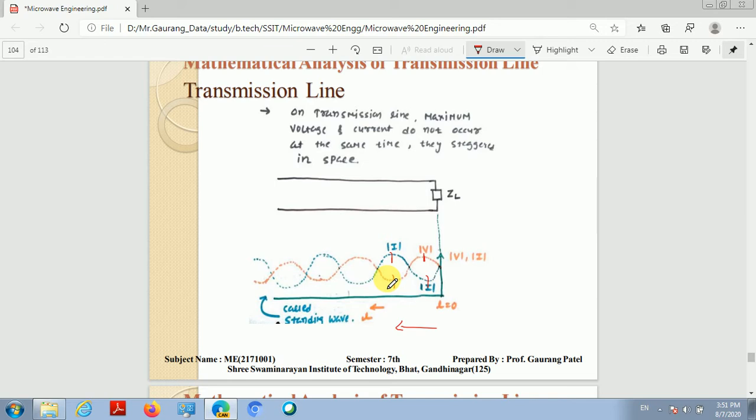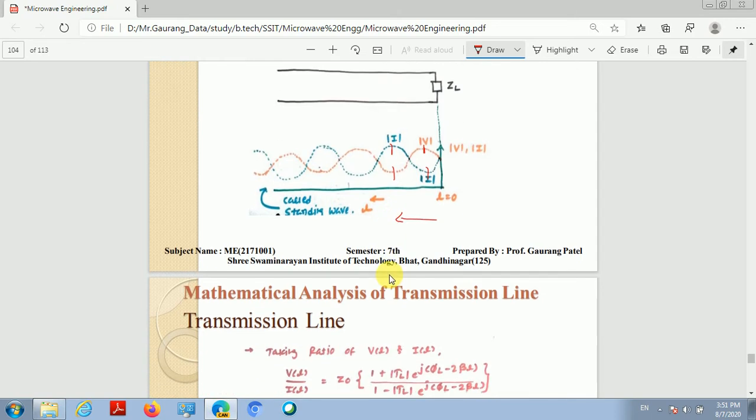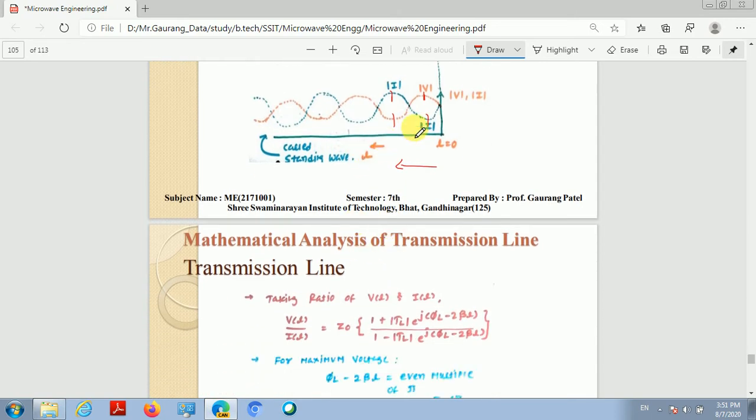Now, after discussion of this voltage and current on the transmission line, let's look at the impedance on the transmission line. Impedance or variation of the impedance on the transmission line. So we know that impedance is nothing but the ratio of voltage and current at any location. So if we take the ratio of voltage and current, then the ratio becomes Z0 (1